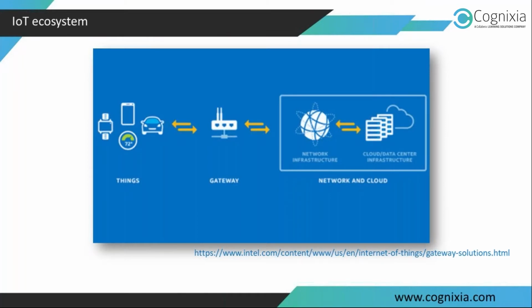So we just talked about the composition of the IoT ecosystem, and as you can see in this picture, on one side we have those things, and these things come with lots of inherent heterogeneities. So one of the challenges you are going to face here is how to connect them to the internet. There are two types of connectivity options available to us.